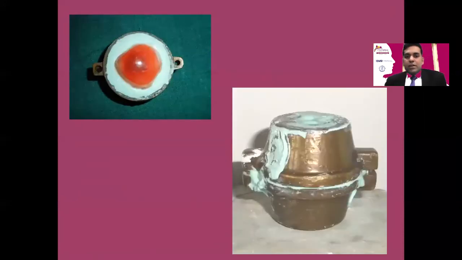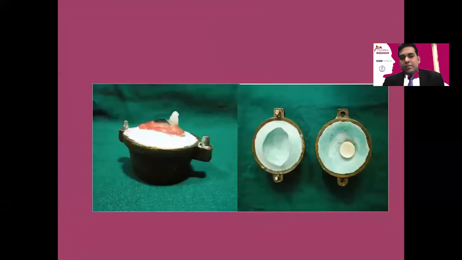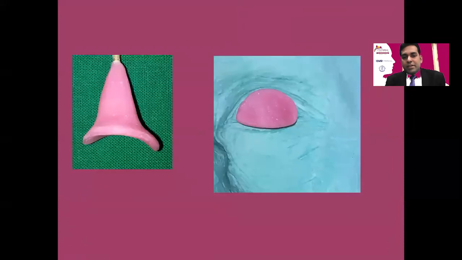This is a crown flask, which is used most commonly for duplication of the eye shell. Then you can add one index, and after dewaxing, it will be filled with acrylic material. This is how the duplicate eye shell looks. It can be used for processing, and this will prevent damage to the original eye shell.